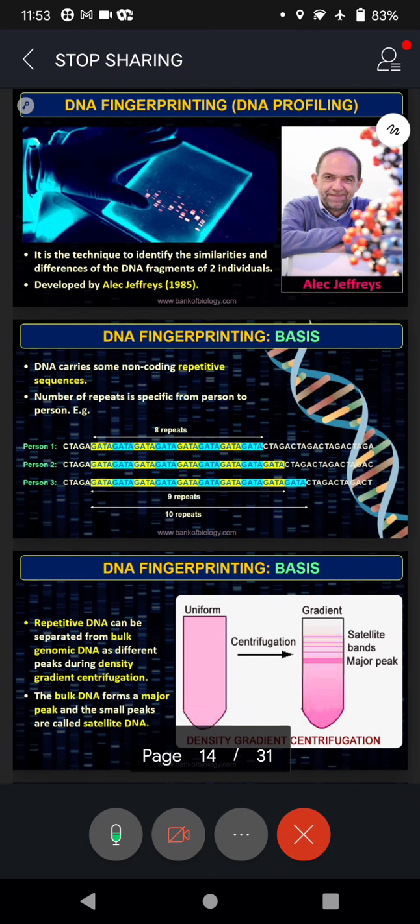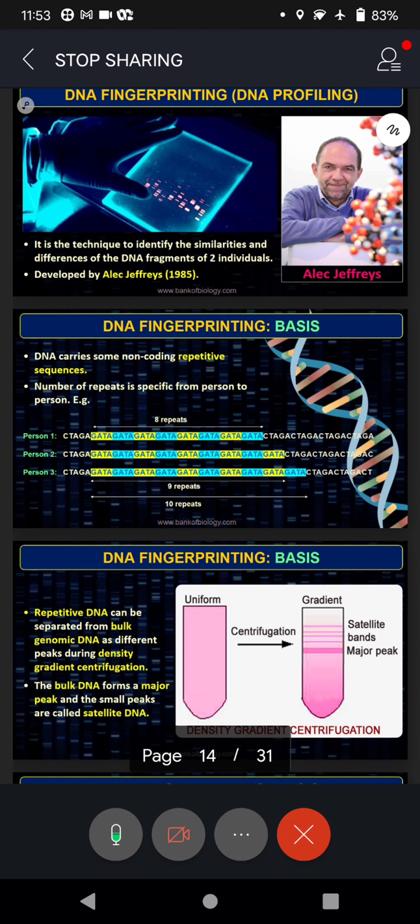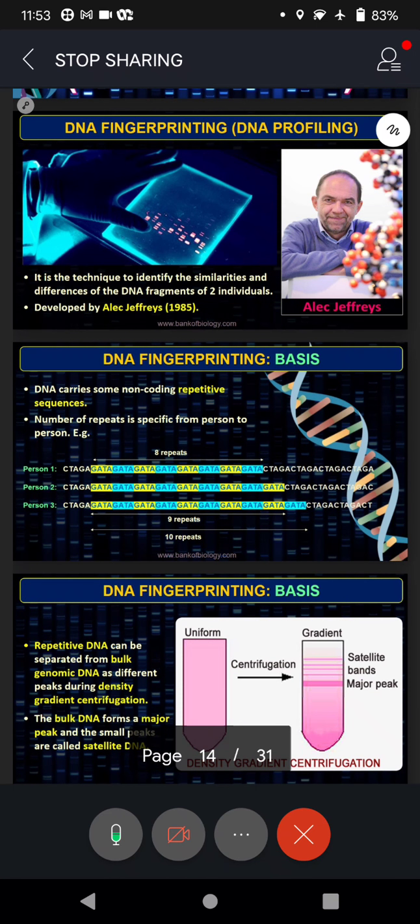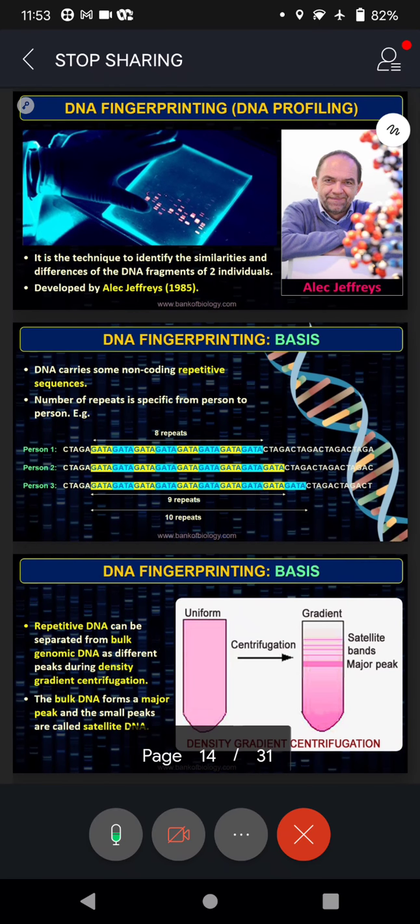Second, 100% authenticity will be there in this. There is no element of doubt whether the culprit is identified, and is there any error in this? No chance. That is the greatness of the discovery of Alec Jeffreys. In 1984, this gentleman discovered this technique. In our country, India, DNA fingerprinting was started by Dr. Kashyap and Dr. Lalji Singh.